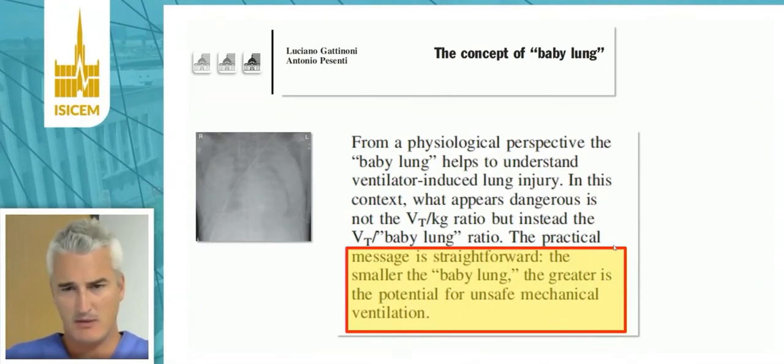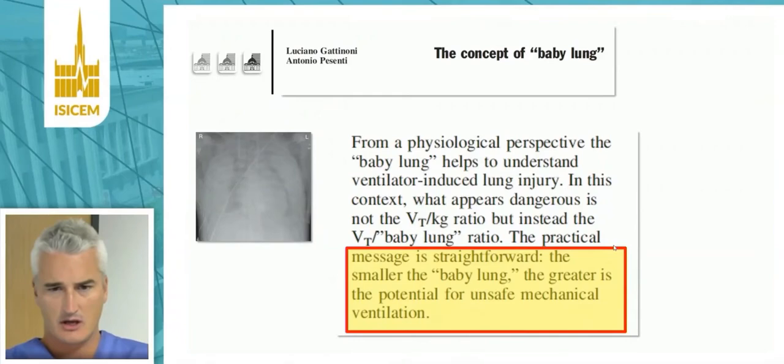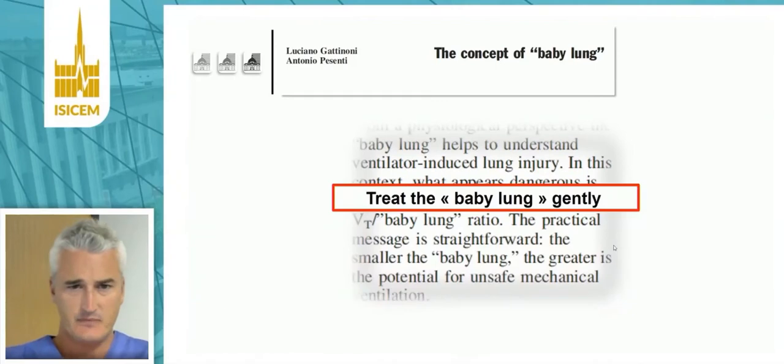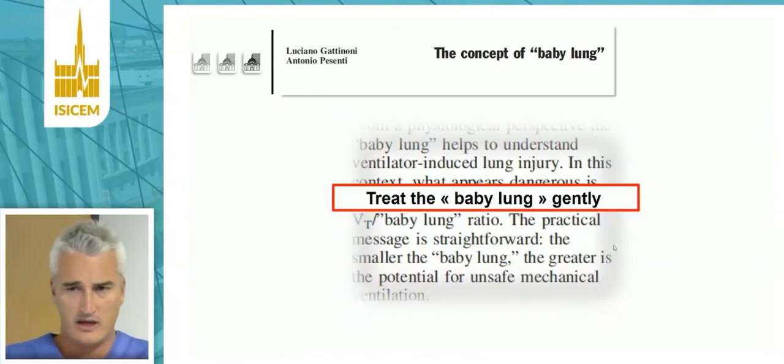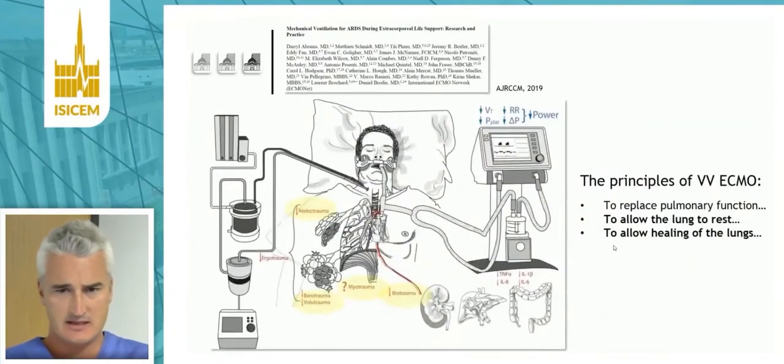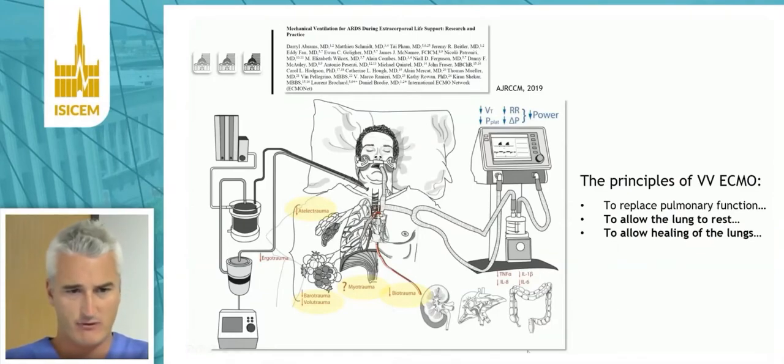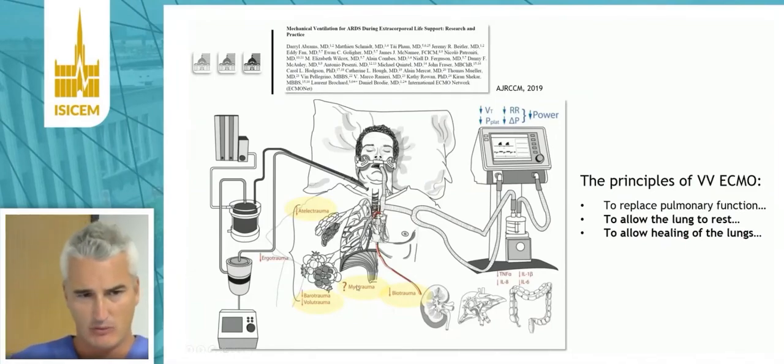He has a very small baby lung, so clearly we need to pay attention to mechanical ventilation during the ECMO run. We have to find a way to treat the baby lung gently, and to decrease all mechanisms involved in ventilator-induced lung injury by reducing atelectrauma, barotrauma, volutrauma. It may decrease, in the end, the biotrauma, and maybe we may have some impact on the myotrauma by promoting